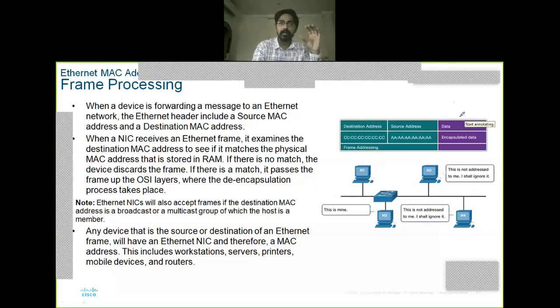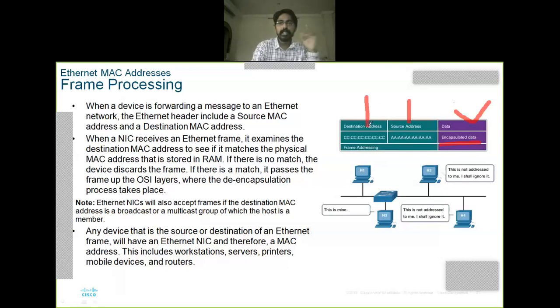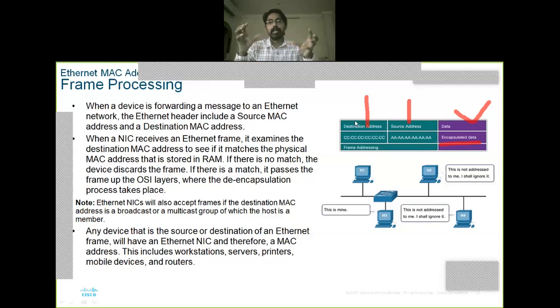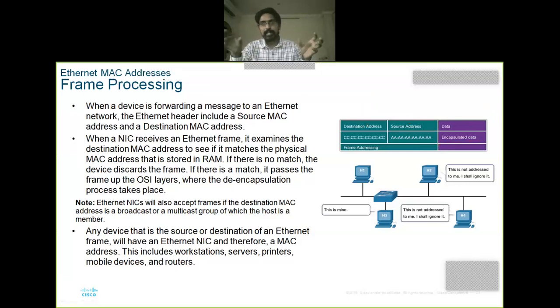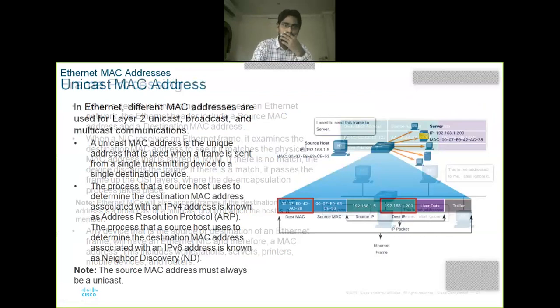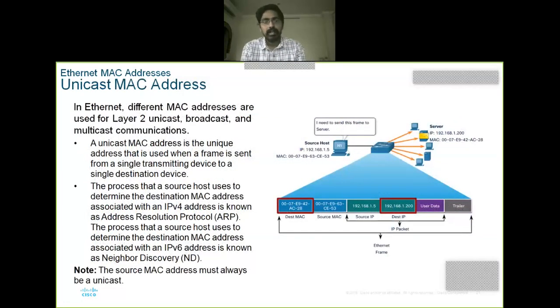So, in order to process the frame, we have original data in encapsulated form. To that, we attach source MAC address and destination MAC address, right? This is the way, by looking at the MAC addresses, we can forward the frame, right? So in this one, the message sending formats were in the first module, I think. There are 3 ways we can send the message. First one is unicast, next multicast, next broadcast.